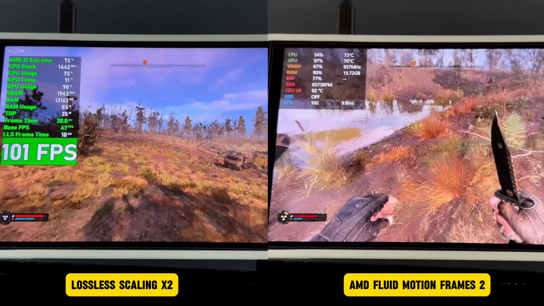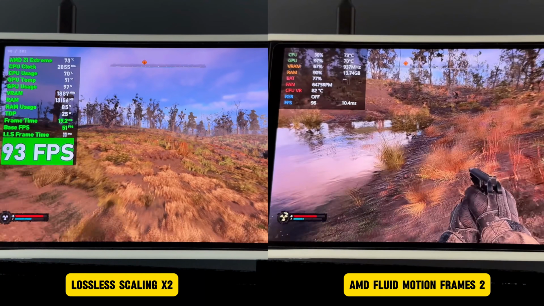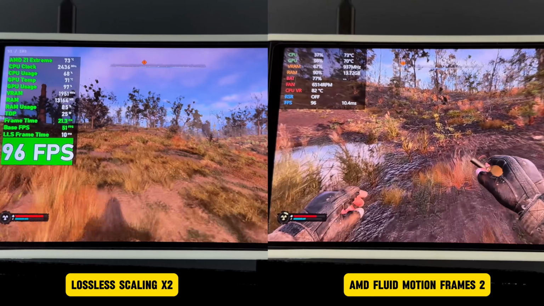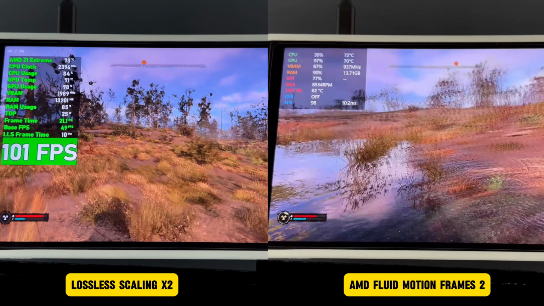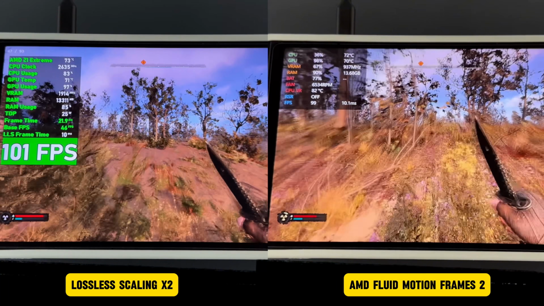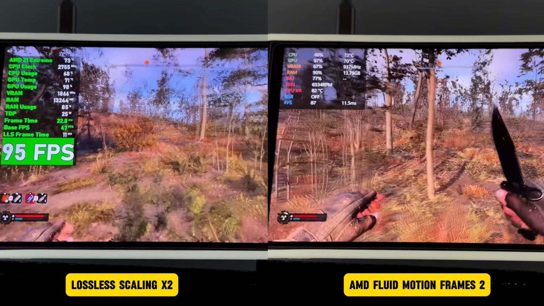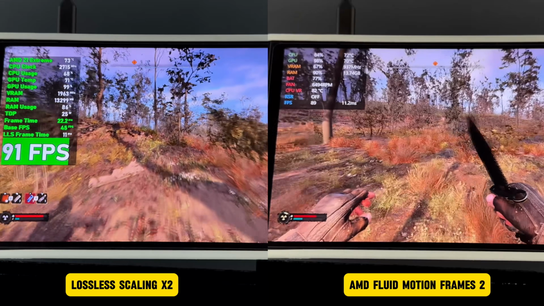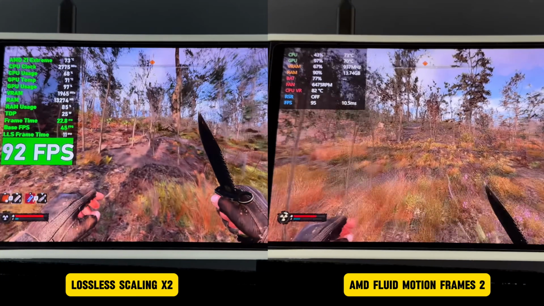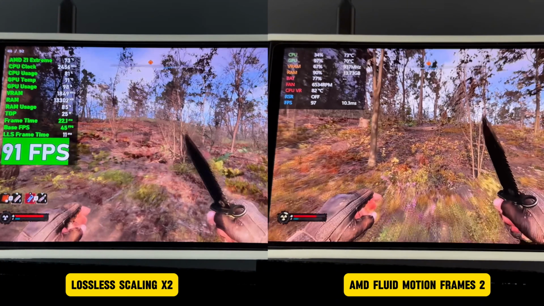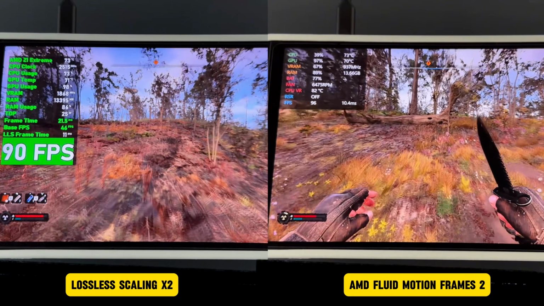Based on my observations when comparing these two methods, I find that AFMF2 provides an overall better gaming experience. The game appears much sharper when using the AMD Adrenalin settings compared to lossless scaling, which tends to look slightly blurry in comparison. Additionally, the responsiveness of the game is noticeably better with AFMF2, making it feel more fluid and